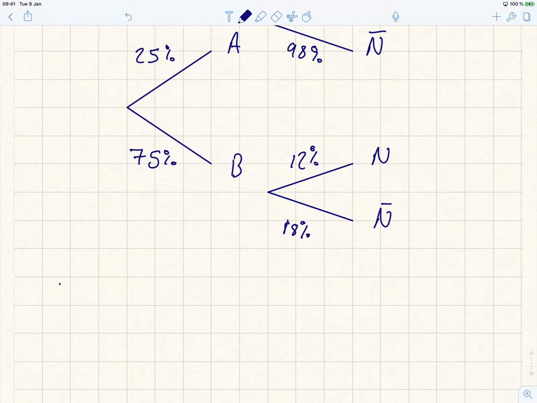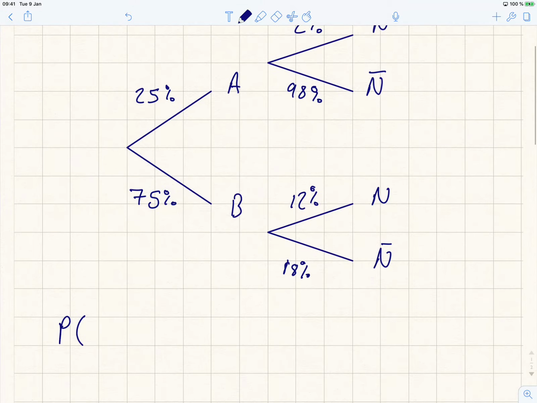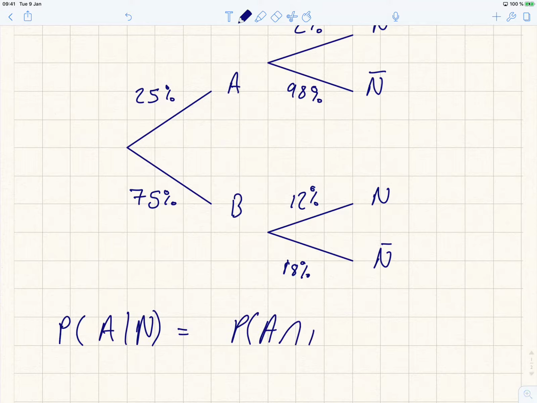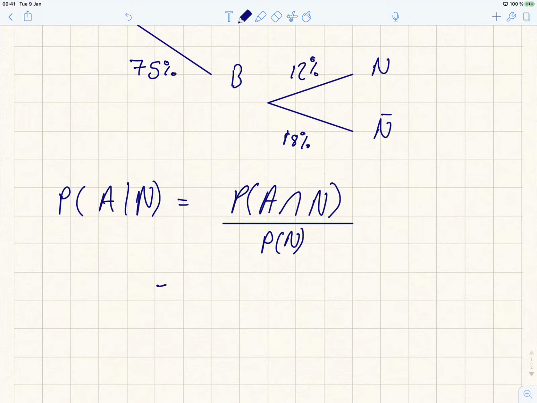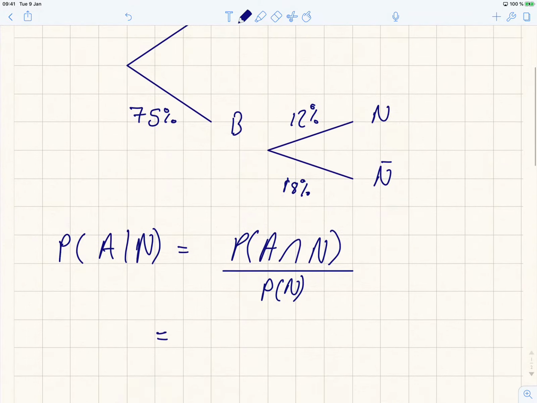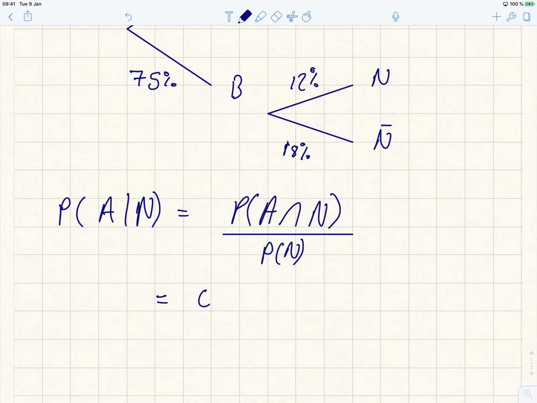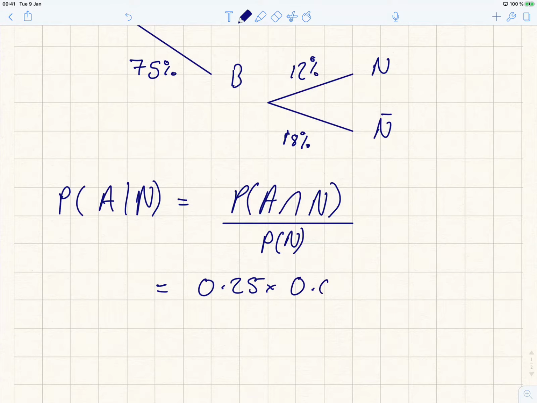And let's say I wanted to calculate P, A given N. Remember, the formula for this is A intersection N over the probability of N, which is equal to 25%, which is 0.25, times by 0.02 over